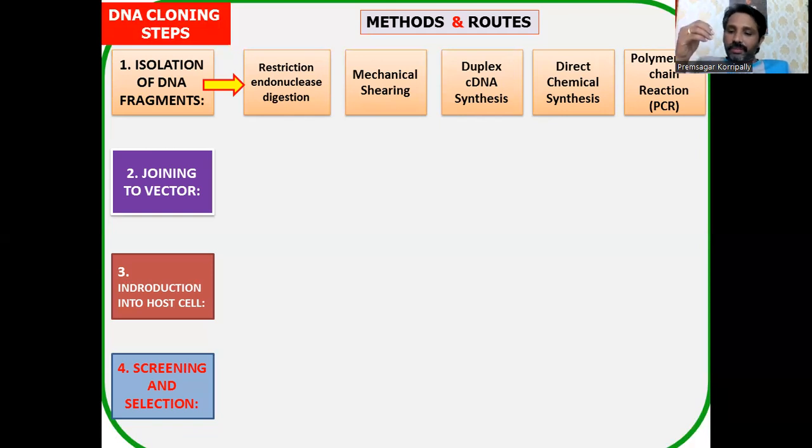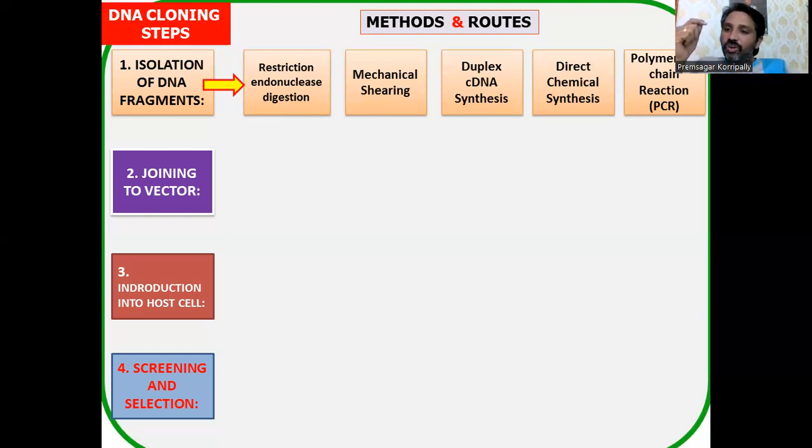So you have a template, right? You design primers, 2 primers. Those primers are specific to your gene of interest. So these 2 primers, after denaturation, they will anneal to this specific region of your gene. Then by using the Taq polymerase, you will produce millions of copies of the same gene. That's called in vitro amplification of desired gene by using the 2 primers. That's nothing but polymerase chain reaction, which also produces